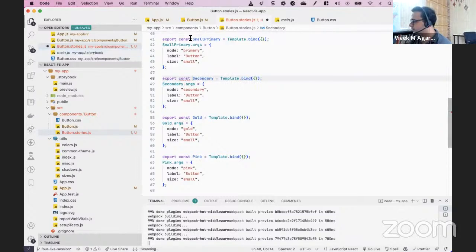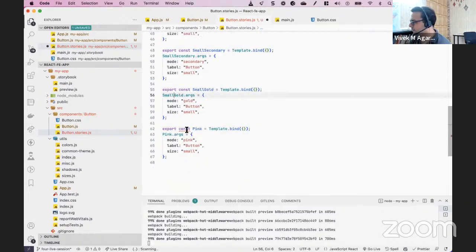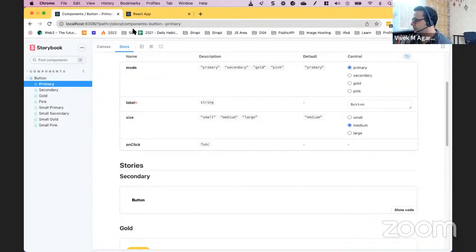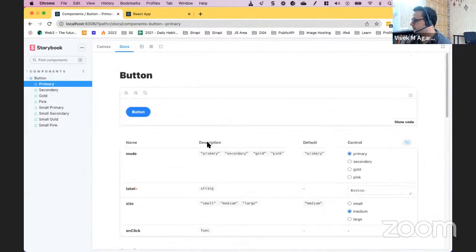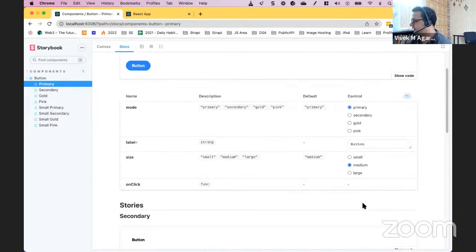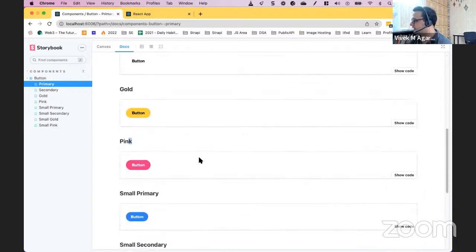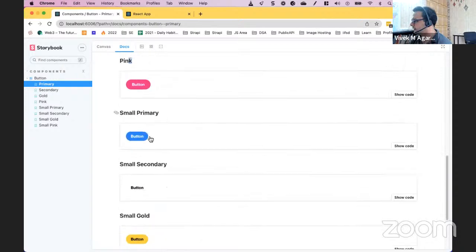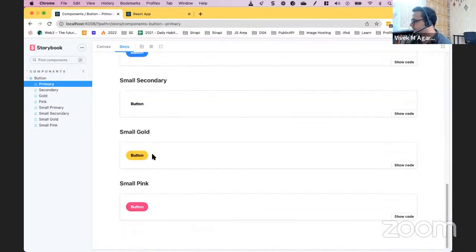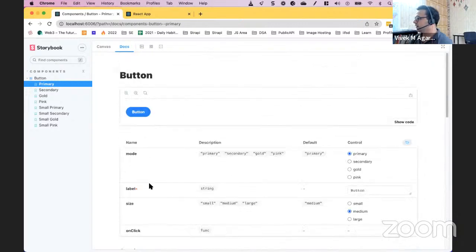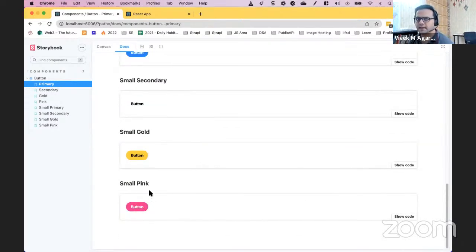मैं स्मॉल भी कॉपी कर लेता हूँ सो दैट फटाफट कॉपी पेस्ट हो जाए। स्मॉल सेकेंडरी, स्मॉल गोल्ड, स्मॉल पिंक। यहाँ पे आप देखेंगे कि अगर हम डॉक्यूमेंटेशन में देखें तो बटन इसमें प्राइमरी सिलेक्टेड है, मीडियम सिलेक्टेड है, और ये सारे के सारे वेरिएशंस ये हो गए नॉर्मल पिंक बटन, ये स्मॉल प्राइमरी, स्मॉल सेकेंडरी, स्मॉल गोल्ड, स्मॉल पिंक, राइट। एक लिविंग डॉक्यूमेंटेशन हमें मिल जाता है।